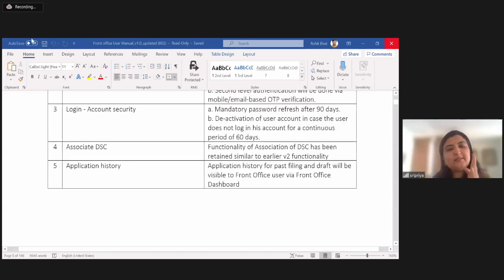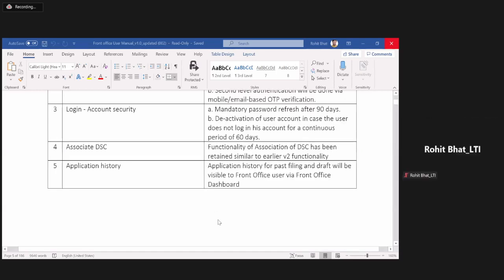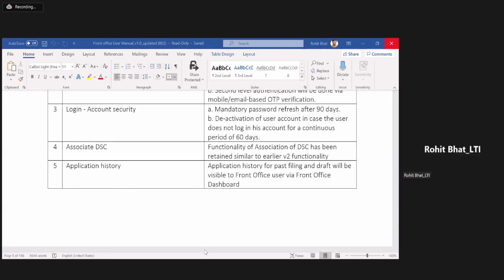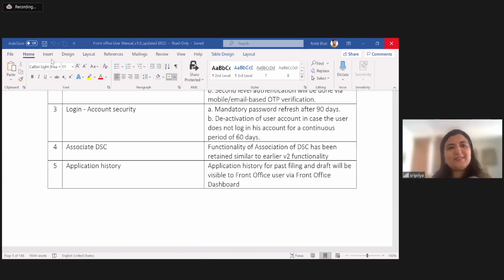So I had one question. If I update in V3, how long does it take to hit V2? Is it seamless? It is an hour's time. We have set our jobs to run within an hour, and it will go to V2. This is one of the reasons why people have a challenge, because they say, oh, we've registered there, but I'm not able to file a company form. So please give it that 1 hour.